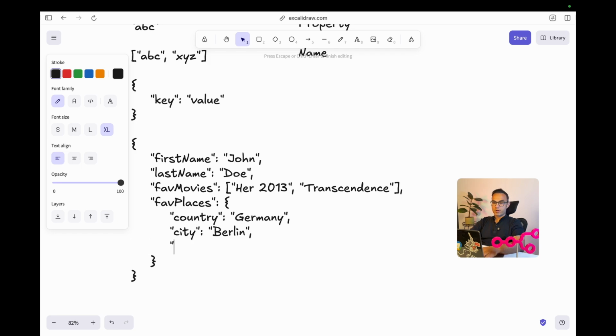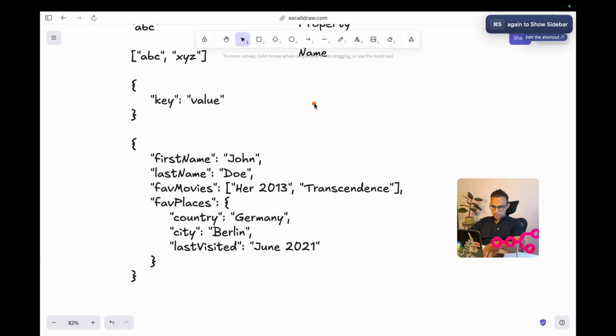Maybe one more piece of information, last visited: June 2025, or maybe June 2021, just for the sake of the example. And you see this says plural, favorite places. I want to capture all of John Doe's favorite places, and I want to capture it rich like this. Which country, which city, when was it last visited? Maybe I want to make a workflow so that I can give recommendations to John Doe.